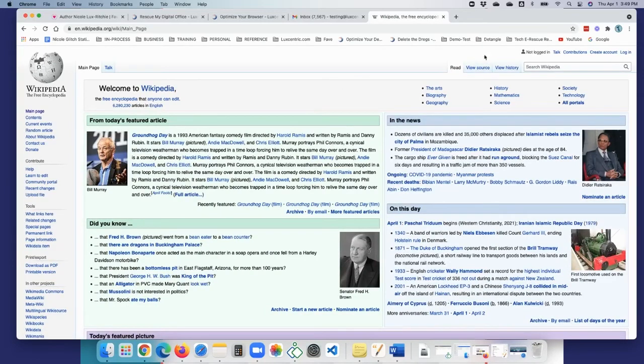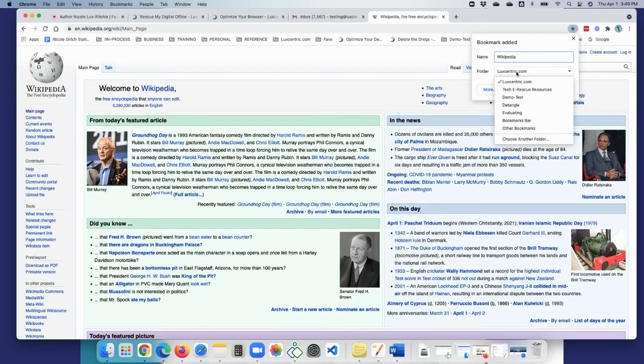That's super great. And now over in the corner here, I can click on the little star, and that will bring this little box. This little box will allow me to name this. So let's say I only need it to say Wikipedia. I don't have to have it say the free encyclopedia. That's a lot of words. Let's wipe that out and have it just say Wikipedia. And then I want to save it